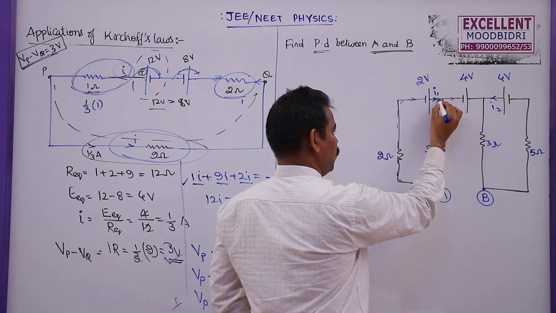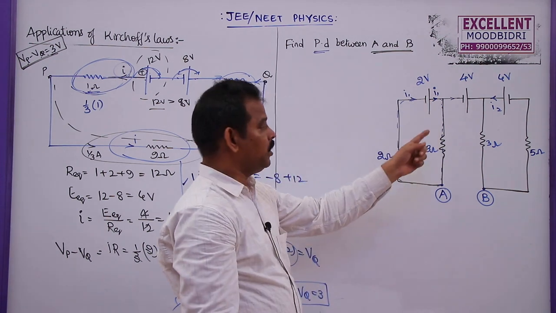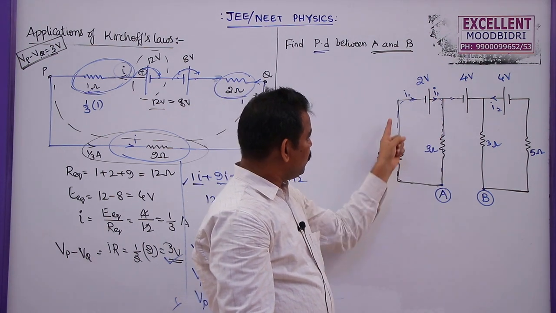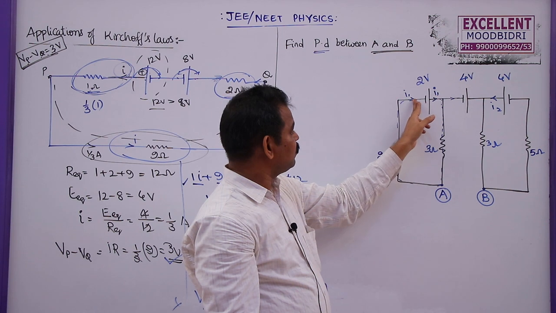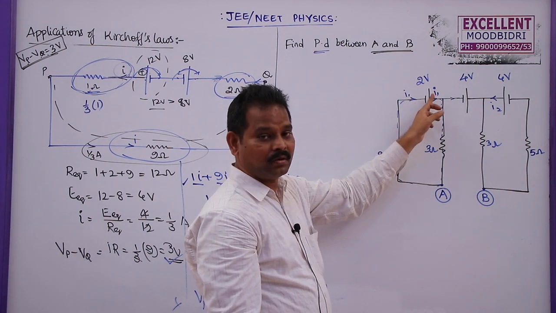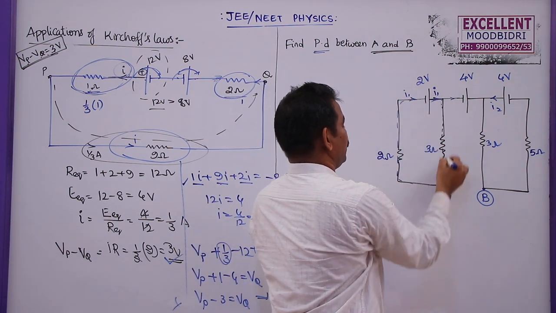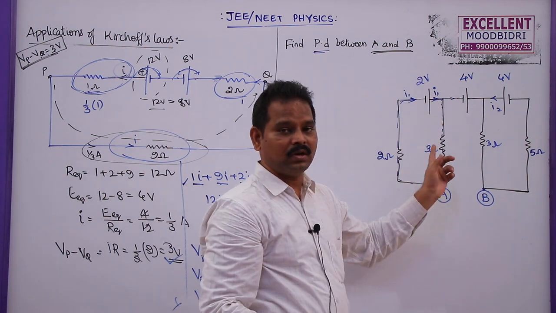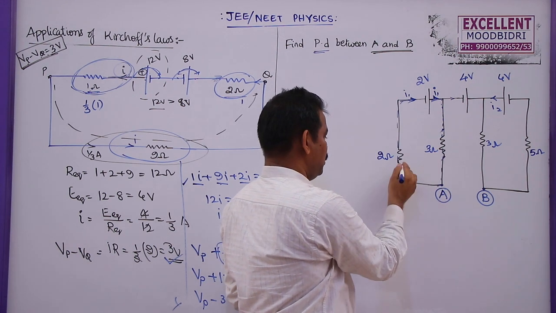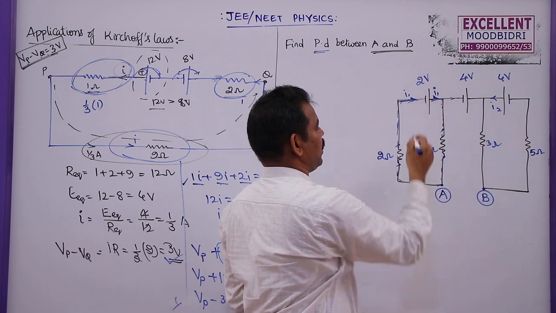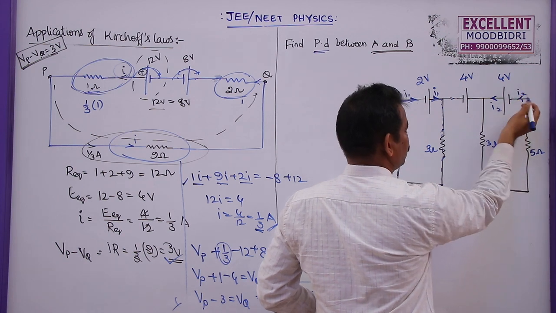But see, out of I1, let us say some current is coming. Here the incoming current to the negative terminal must be equal to I1 only. If I1 current is leaving here, I1 current should enter here, because there should not be any wastage or consumption of the current. The same current will enter into this one. The only difference is this is the current with high energy, this is the current with low energy. Energy means here we call it potential. This is the current with high potential, and here it will lose some potential, here it will lose some more potential. The same current has to flow here. Similarly here also, this is I2, and the incoming current to this negative node should be equal to I2.